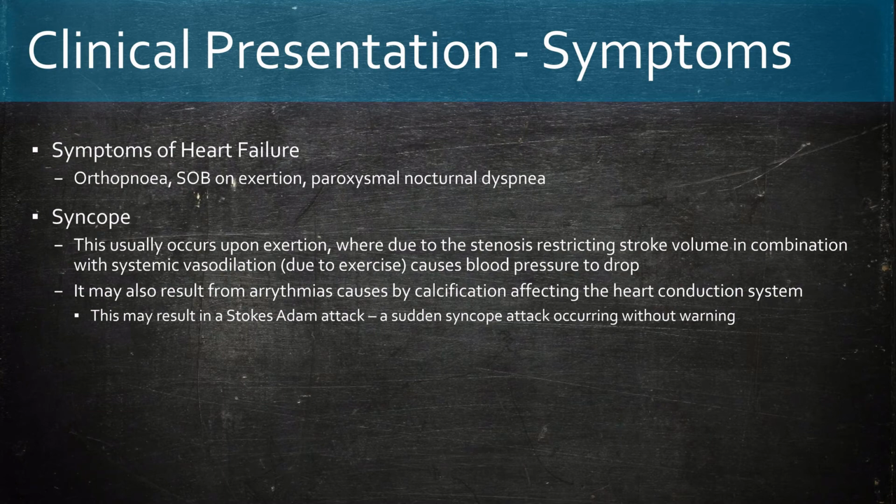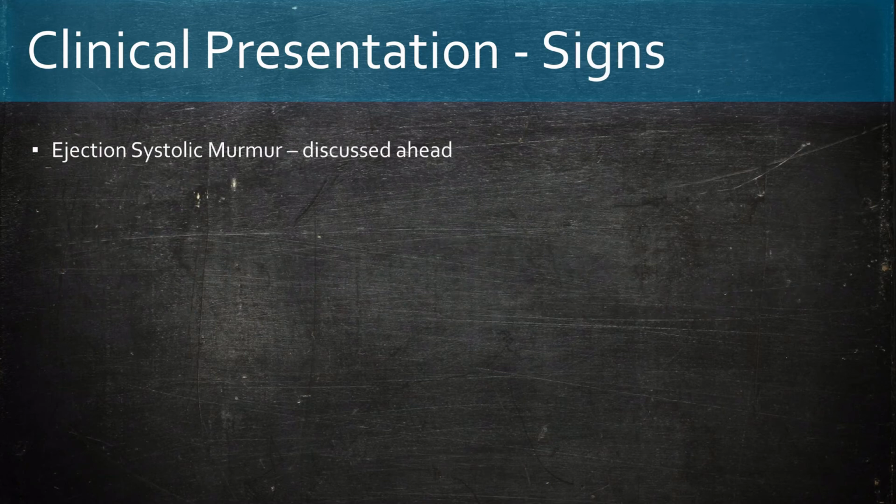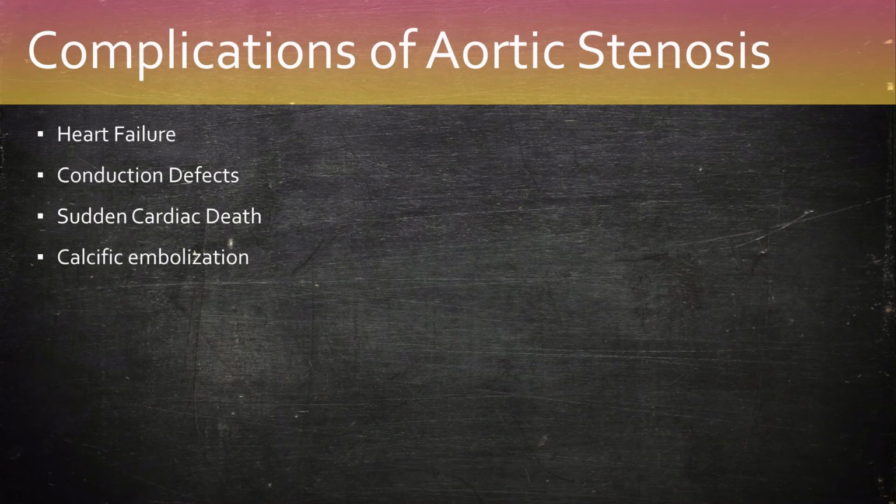It may also be the result of arrhythmias caused by calcification affecting the heart conduction system, resulting in a Stokes-Adams attack, which is essentially a sudden episode of syncope occurring without warning. More on the murmur ahead. So the complications of aortic stenosis therefore include heart failure, conduction defects, sudden cardiac death which ties into conduction defects,